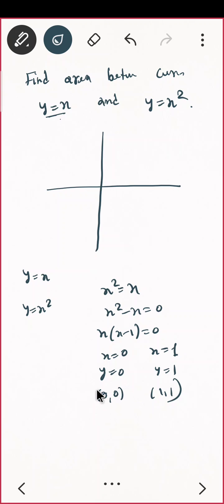Okay, so let us draw the graph now. Y equal to x. What is the graph of y equal to x? You already know that is a straight line at 45 degrees, or you can take any points like 1 1, 2 2, 3 3, something like that, and draw the graph. So that will be the graph of the straight line. And what will be the graph of y equal to x square? Can somebody quickly tell me what is the graph of y equal to x square? Just do not try to remember, try to see the values. Y is x square, that means put any value of x, y is always positive. So what will be the graph?